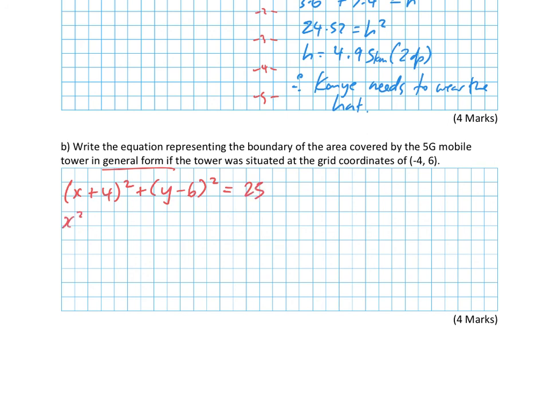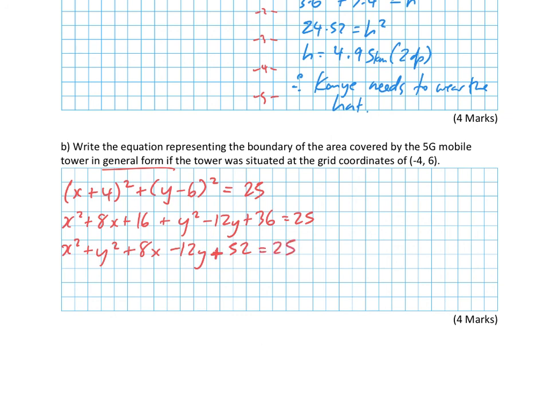Expand this: x squared plus 8x plus 16 plus y squared, take 12y plus 36 is 25. x squared plus y squared plus 8x, take 12y, 16 and 36 is 52